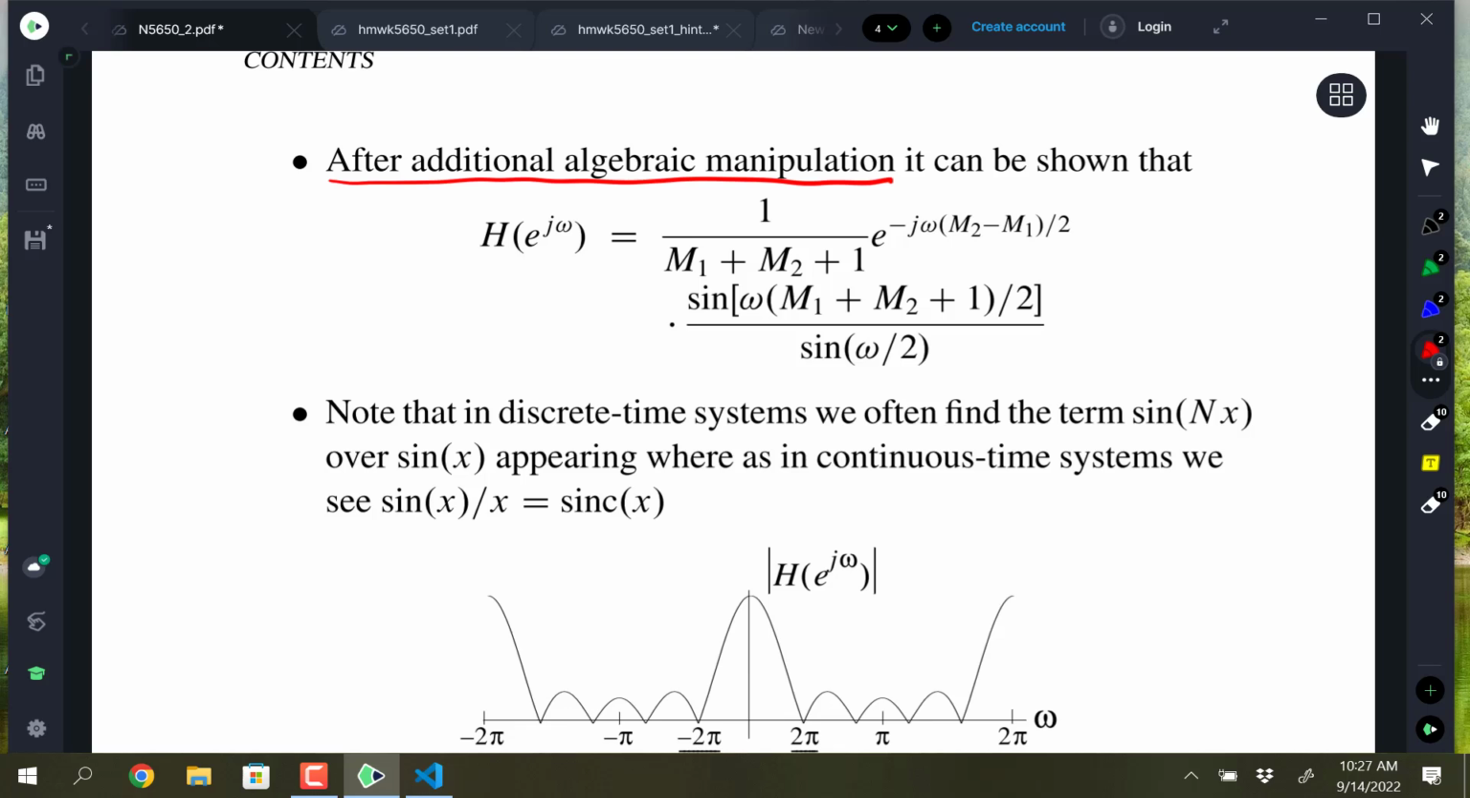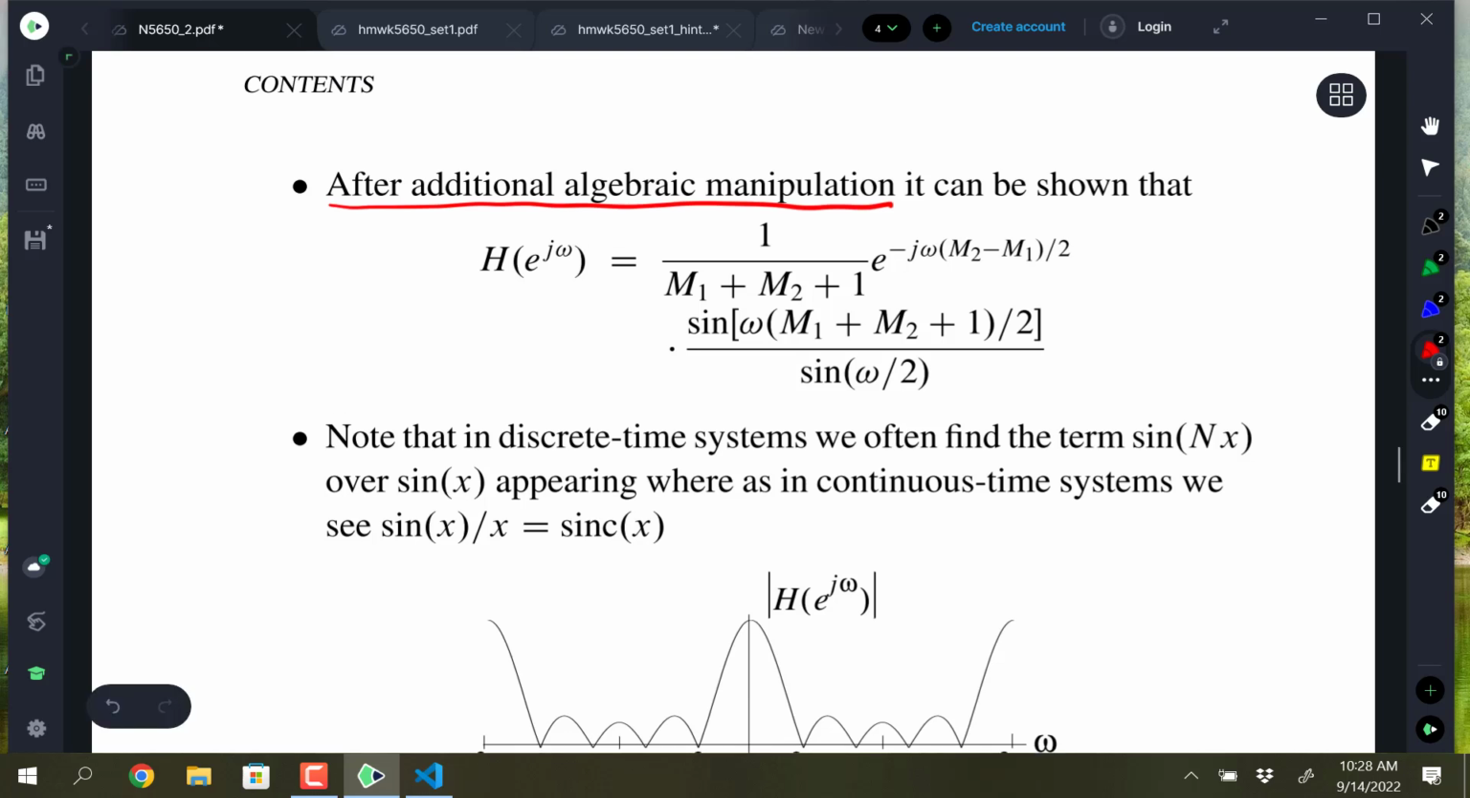We've got a centering term, which is the e to the minus j omega that has the M2 and M1, and that's just due to time delay in the system. That's going to cause some linear phase. And then we have the ratio, and this is called